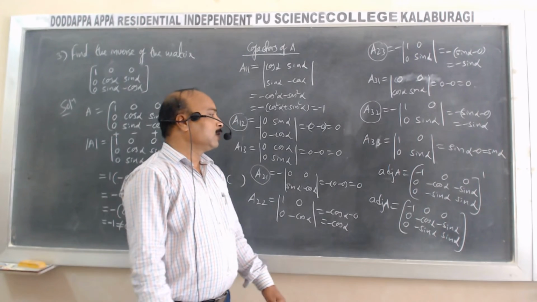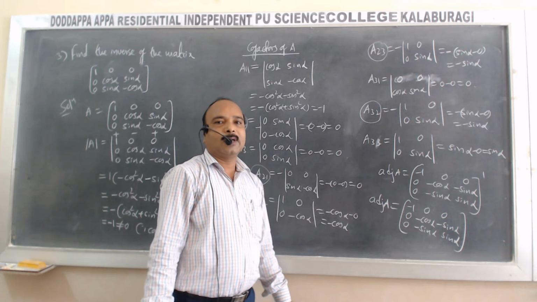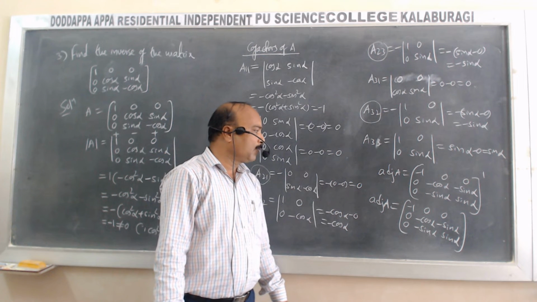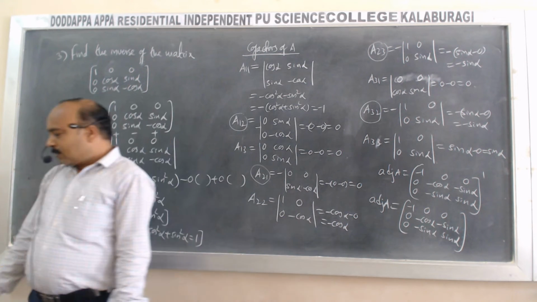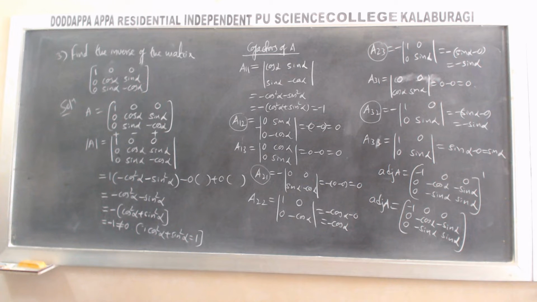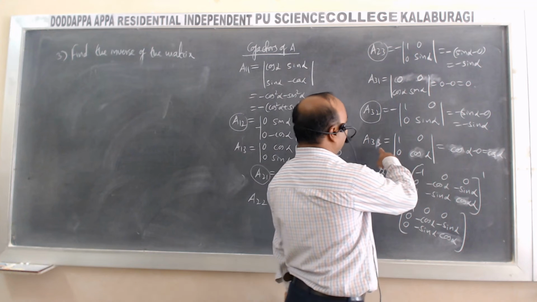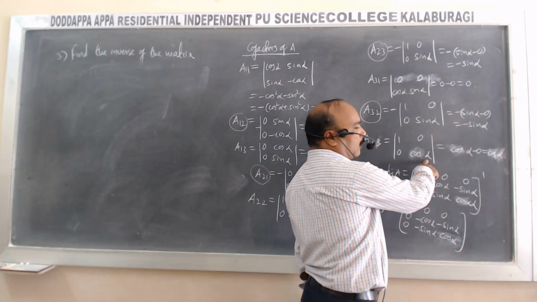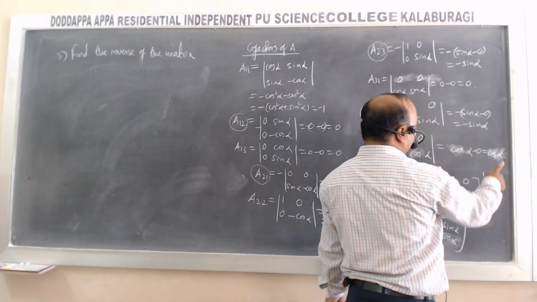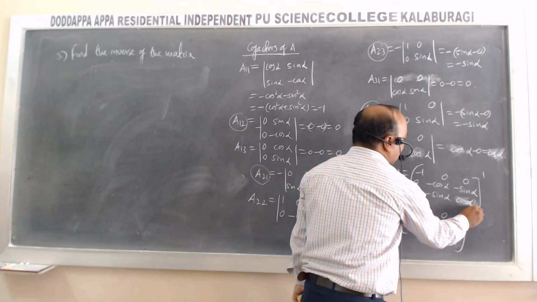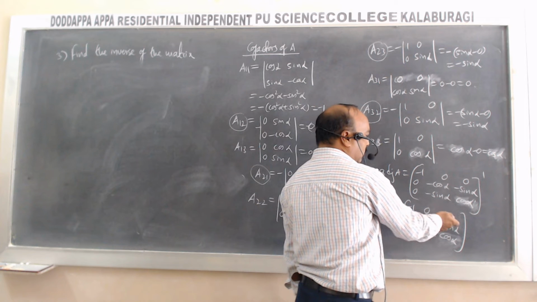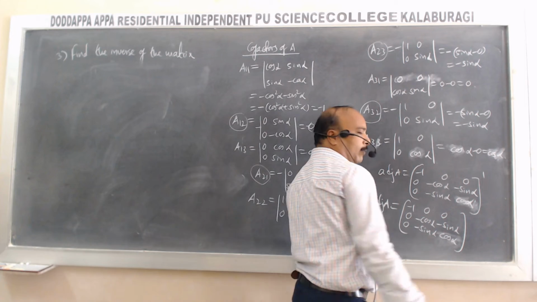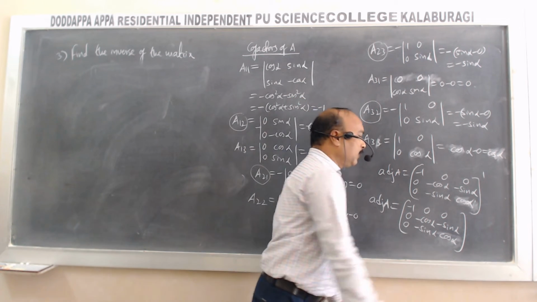Now using this we calculate inverse of A by using the formula 1 by determinant of A into adjoint of A. Here the value of A33 is cos alpha minus 0, equal to cos alpha. Then third row 0 minus sin alpha cos alpha, and the transpose of this we get minus 1 0 0, 0 minus cos alpha minus sin alpha, and 0 minus sin alpha cos alpha.